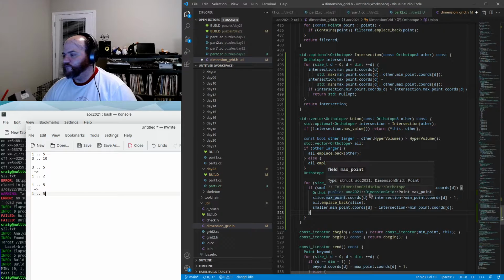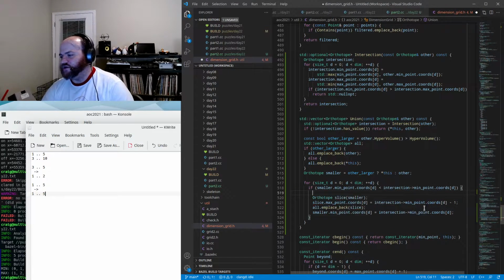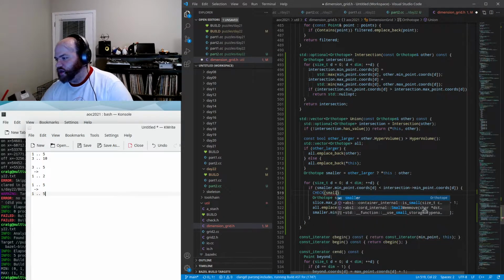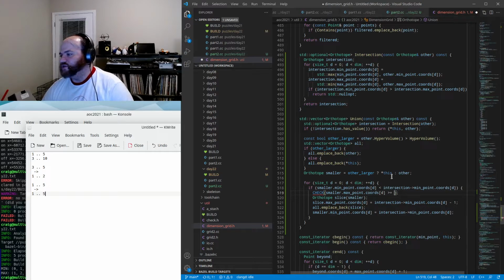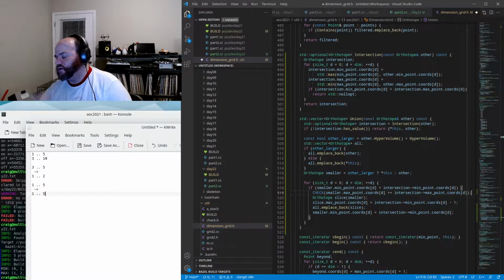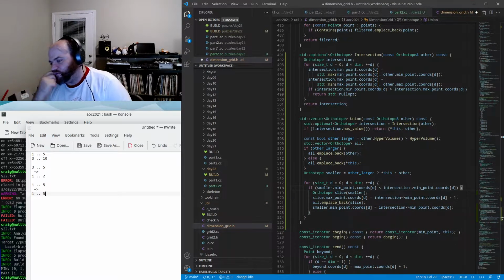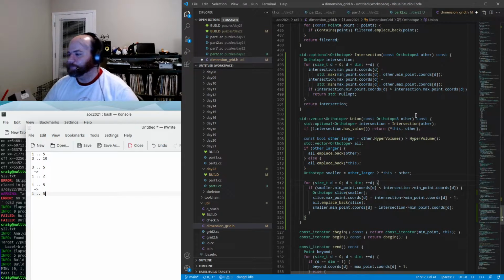And we should actually do that check in here that I was thinking about, that the smaller dot max point there should be greater than or equal to the max point of the intersection, I think. Actually, I'm realizing it's entirely possible now for this to go in multiple directions, just because of the three-dimensional nature of the problem. But this can still work,